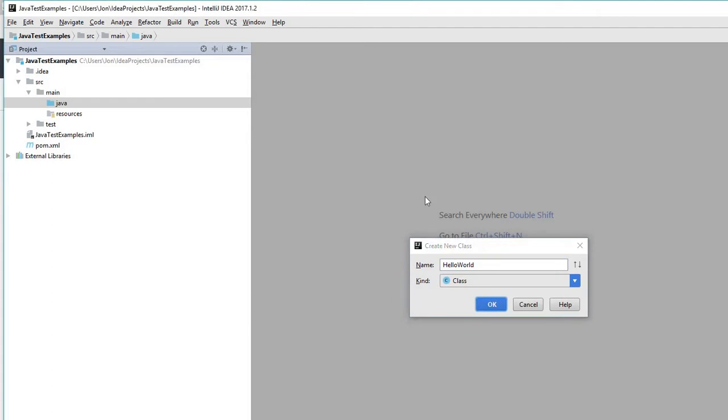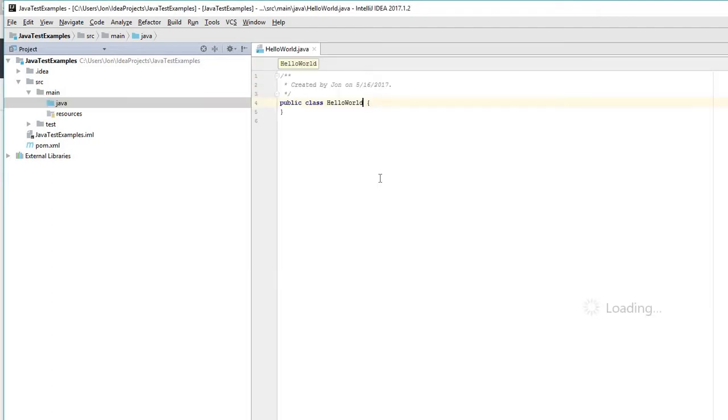And it creates you a new Java class, which will become displayed on the screen. There we go. And all it has at the moment is a class declaration, and it has curly brackets in which we can define our class body. So I'm just going to put a method in there. I'm not going to explain any of these terms yet, because this is purely to prove that the installation is working. So there's a very classic method in Java called the main method, and in IntelliJ you can have a